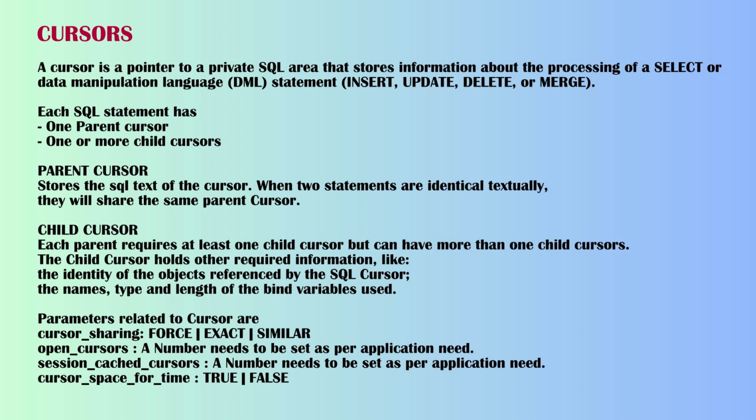If we have two textually identical statements with different bind variables, only one parent cursor will be created but multiple child cursors. When you have the same statement that has several versions, children, the view V$SQL_SHARED_CURSOR shows the reason why the statement cannot be shared. You may be able to find, for each child cursor except the first one, why it was not possible to share a previously created child cursor. For several types of incompatibility there is a column that is set to either N, not a mismatch, or Y, mismatch. Parameters related to cursor are